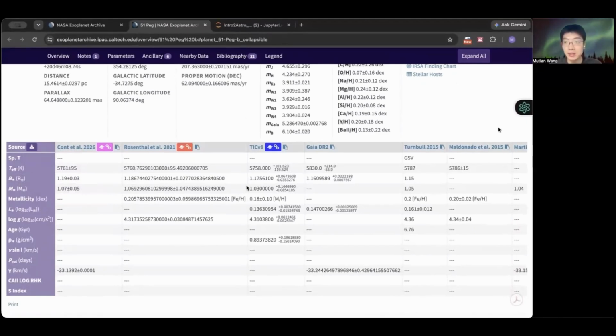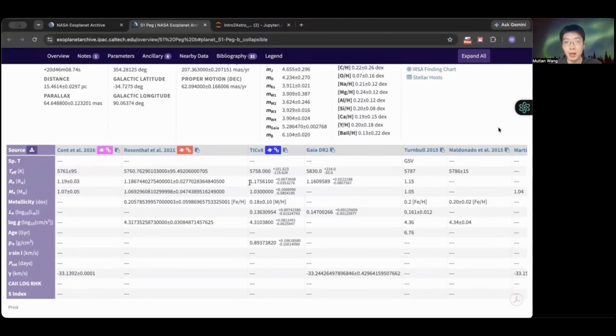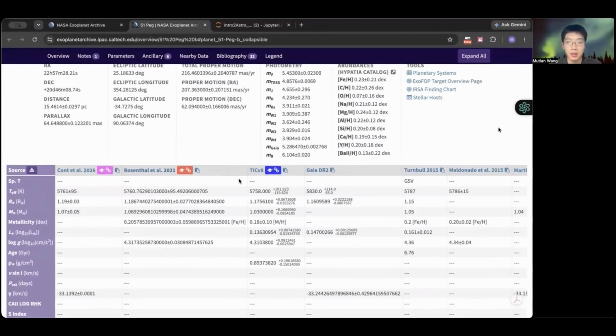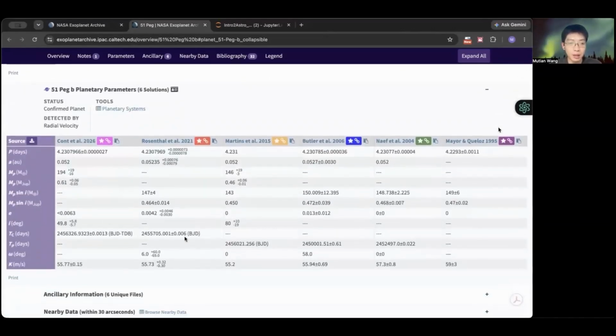And over the years, there has been a lot of literature studying this particular system and coming out with their very own parameters. And the database will list them out comprehensively, and you can compare them between different literature. And whenever necessary, you can just click the link here and see the literature that is studying this system. And similarly, for the planetary parameters, there are even more